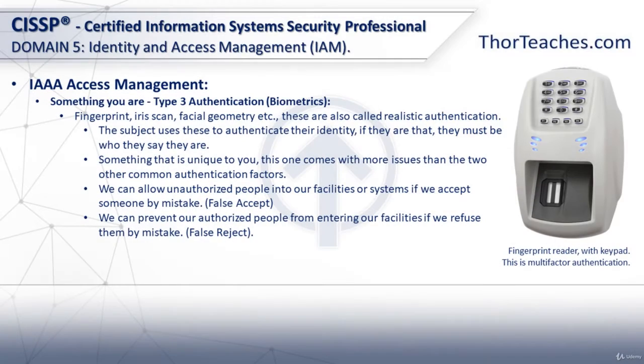Type 3 authentication, something you are, or biometrics. This can be your fingerprint, your iris, your retina, your face geometry, your ear geometry, your hand geometry. It is also called realistic authentication. In this case, we also use it to authenticate someone's identity. If they are what they're supposed to be, they must be who they say they are, because all those features